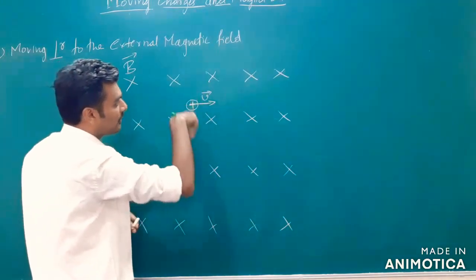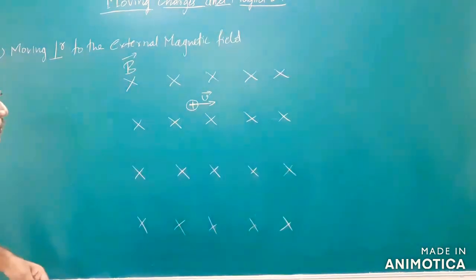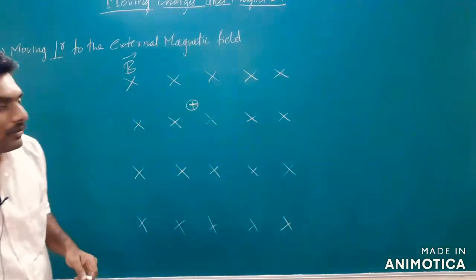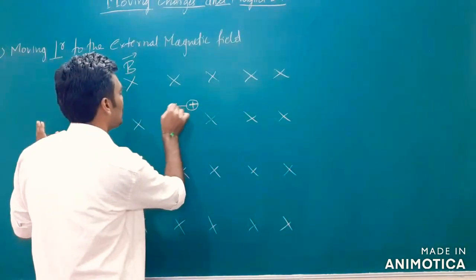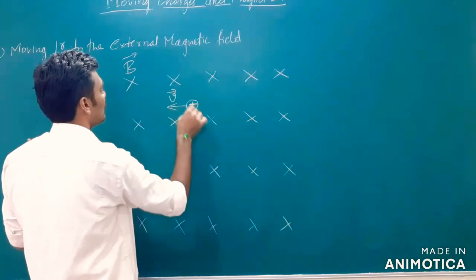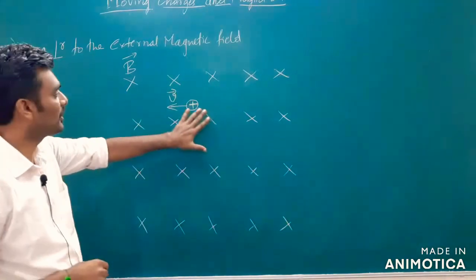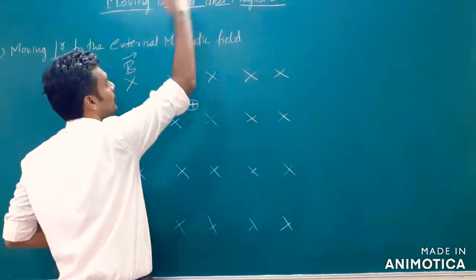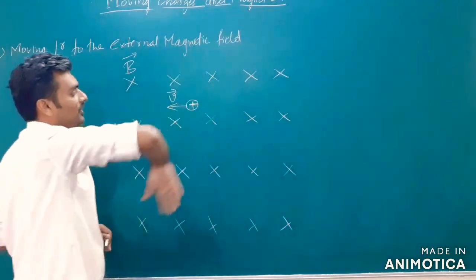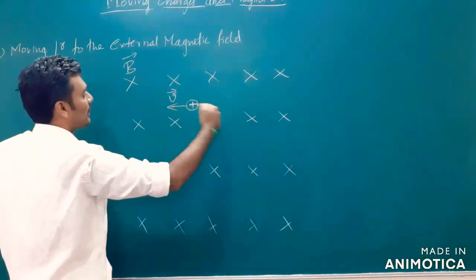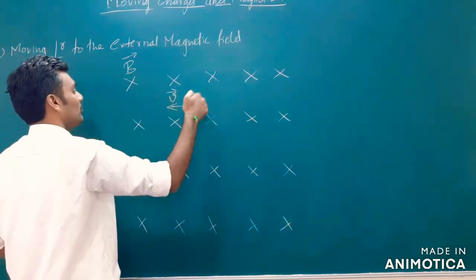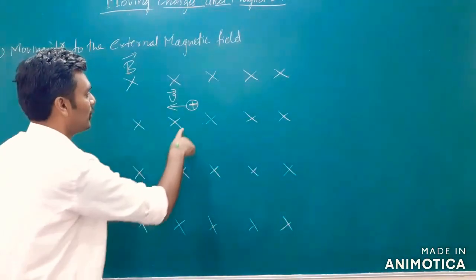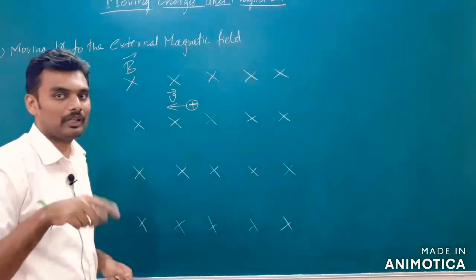It would be difficult for me if the force acts upwards, so I'll take the direction of velocity to the left of me. There is a reason, nothing to worry, it's all conceptual. You can also interpret that, but if I take the velocity towards the right, the path would go upwards, and I don't have enough space there, that is why. So the direction of velocity is like this now, and B is into the board. So what is the direction of force that acts on the charged body? It is v cross B. V cross B will give us the direction of force.